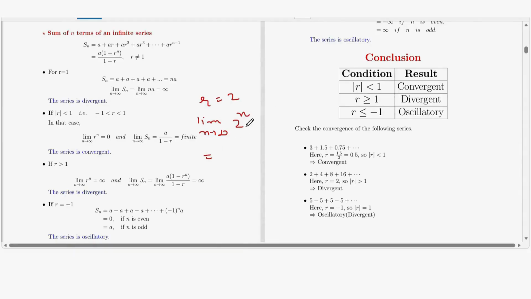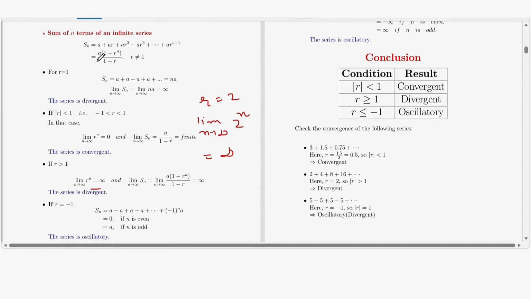Okay, so as n tends to infinity, this number becomes larger and larger. So this number approaches infinity. So for r greater than 1, the limit as n tends to infinity of r raised to n is equal to infinity. Now